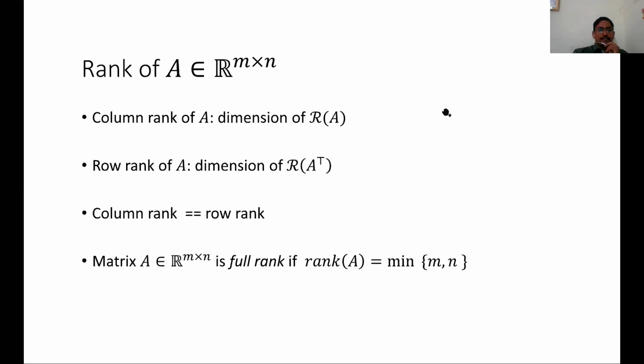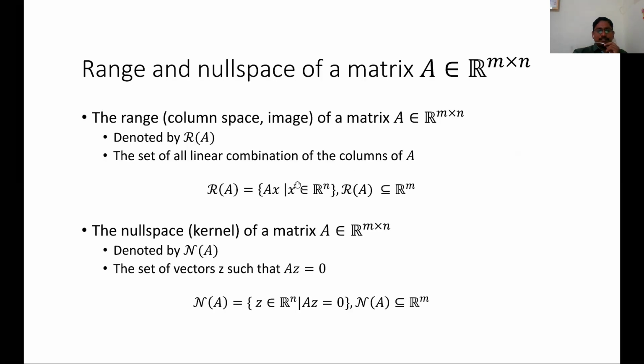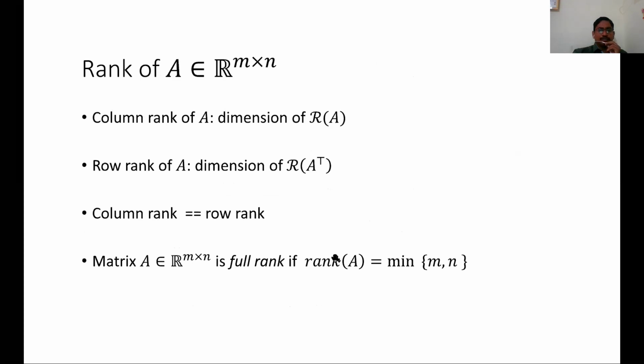Now, the most important concept in matrices is finding the rank. We have column rank. The range space is a subspace of the codomain. How is this matrix formed? It is a linear transformation from Rn into Rm, and the matrix A is produced. So the range is a subspace of Rm, and the kernel or null space has to be a subspace of Rn. By mistake, M came here, so one can see and correct it.